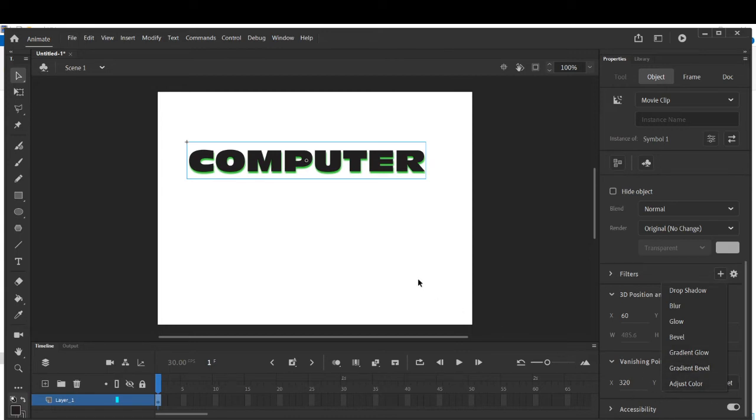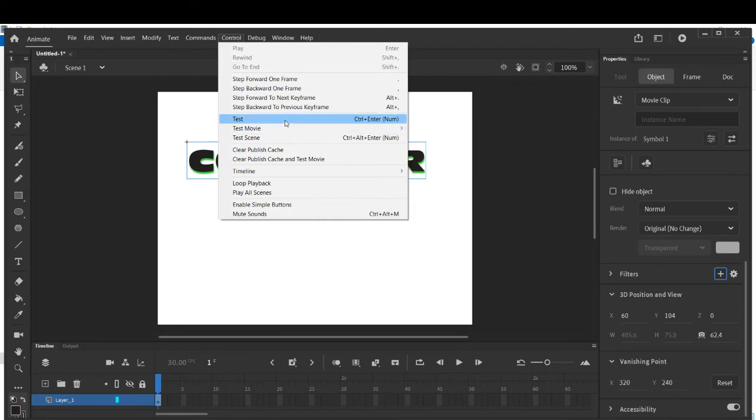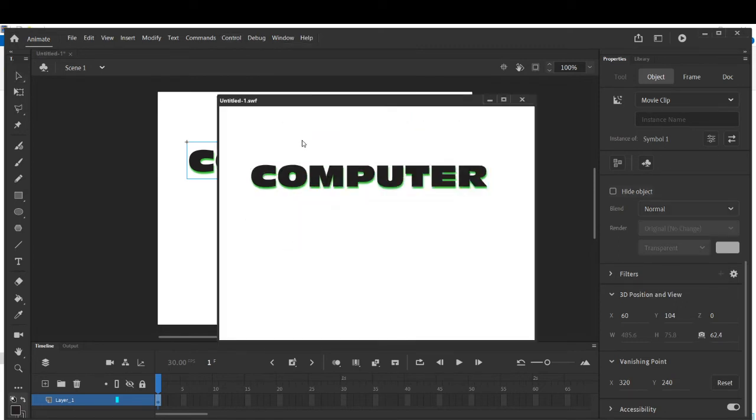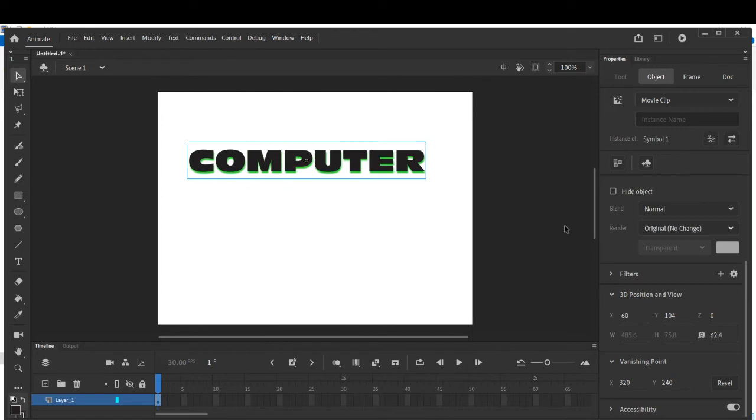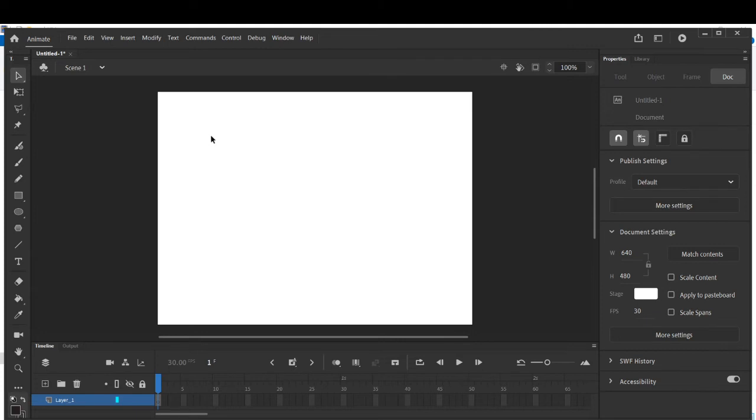Now next one is how to animate it. So you can see it's not an animation, so it will not show anything. Okay, just control plus enter. It is not an animation. I have just set the shadow. How to set the shadow through the filter option. Now the next portion is animating filter text. So let's go for it. I am doing control plus Z so that I can erase my previous work.